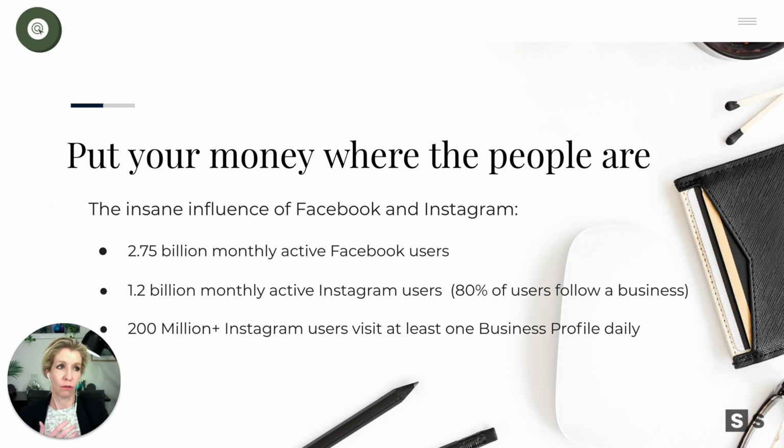You don't have to advertise or try to reach, obviously, 2.75 billion people, but you know that in your market, chances are 70 to 80, maybe even more percent of people have a Facebook account that they're regularly using, and you can reach them there. So incredible. Instagram, same thing, growing all the time. It's one of the top 6 social platforms in the world. It has so many endless features within it.